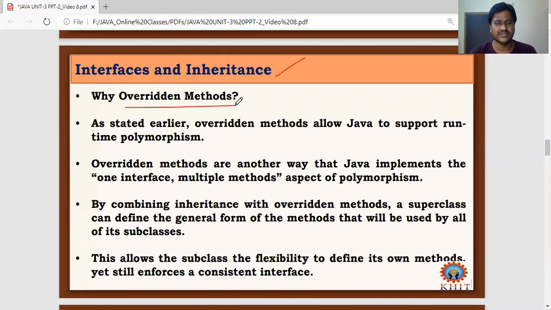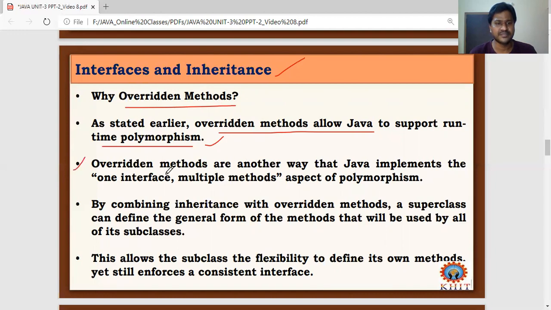Why overridden methods first? As we stated earlier, overridden methods allow Java to support runtime polymorphism. Remember this point as an interview question when you face any competitions. This type of point may come as a question in a competition. Overridden methods allow Java to support runtime polymorphism.